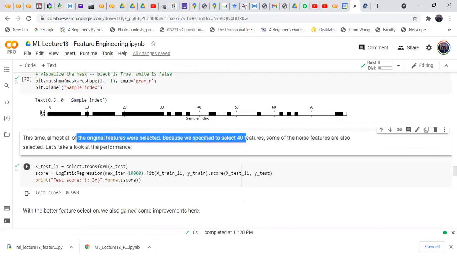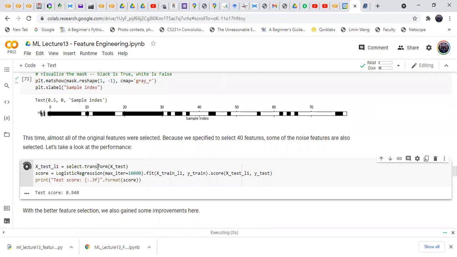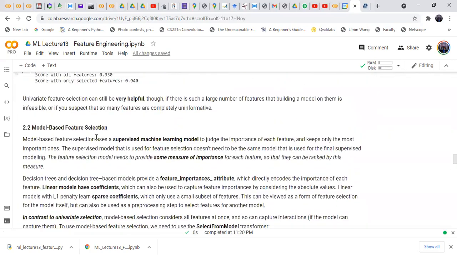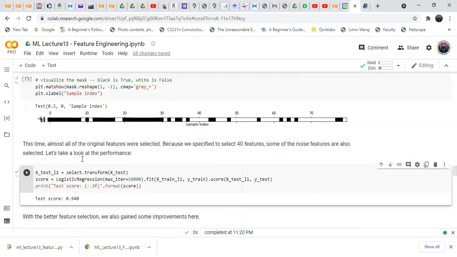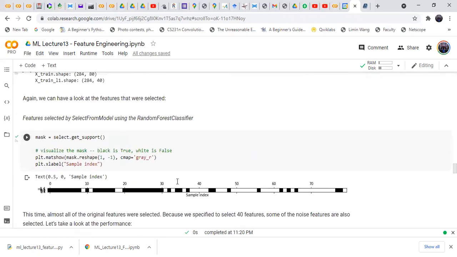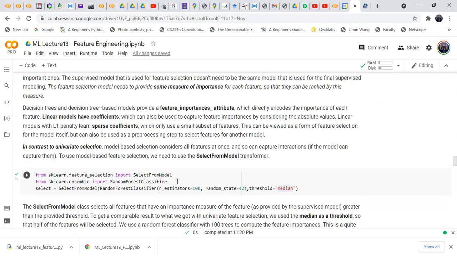Let's look at the performance. Using logistic regression with automatic model-based feature selection, the test performance is now 94%. With the better feature selection, we also gain some improvement here.